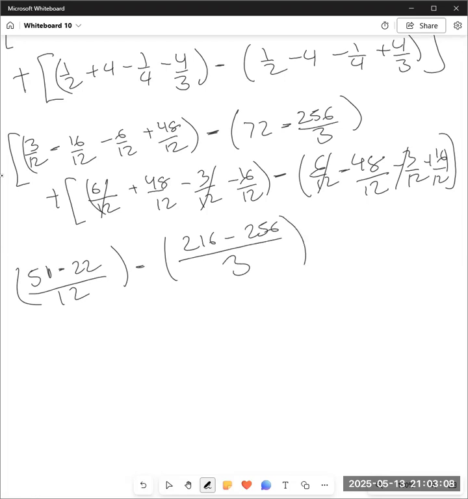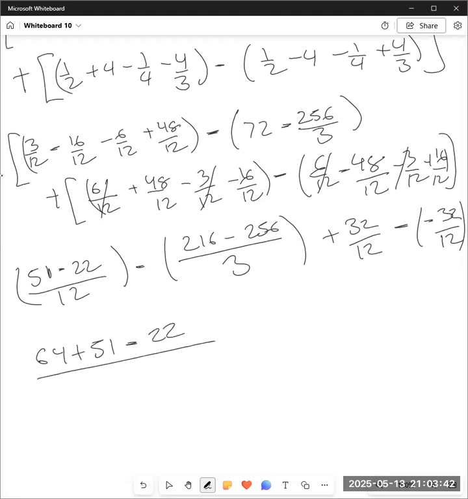And then we have plus 48 minus 16 is 32/12, minus, so minus a negative 32/12. That's going to be 64/12 plus 51 minus 22/12